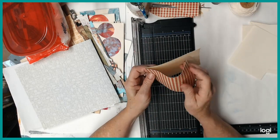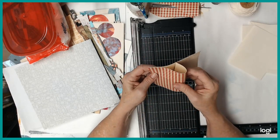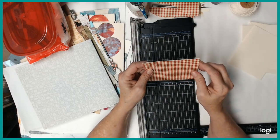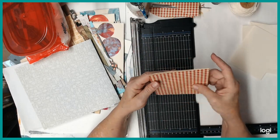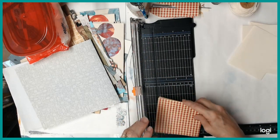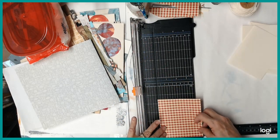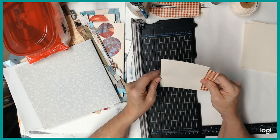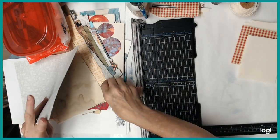Maybe I don't want to cut that. Maybe I want to fold them in. I think I do. All right, let's just get them cut somewhat first, and then we'll